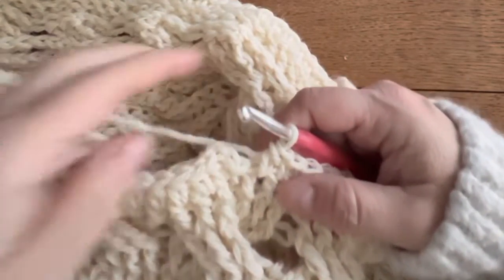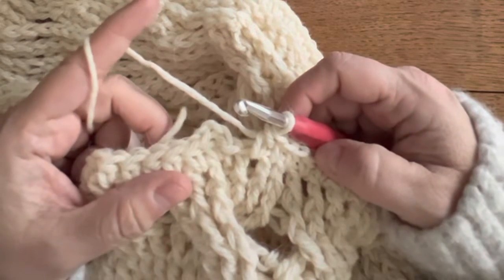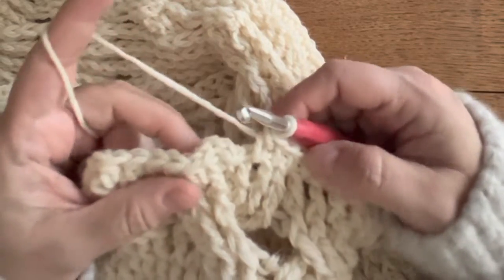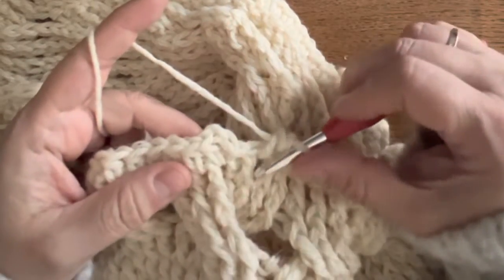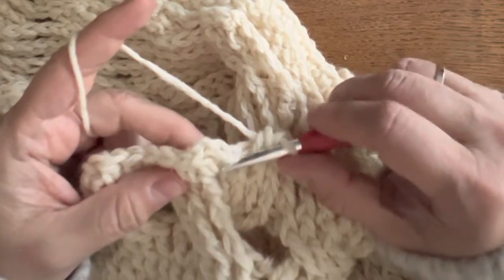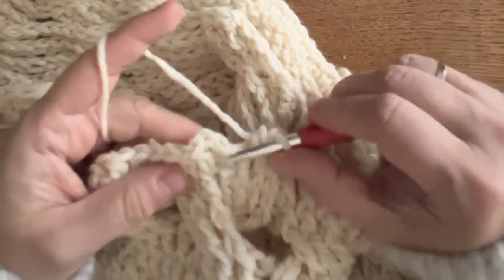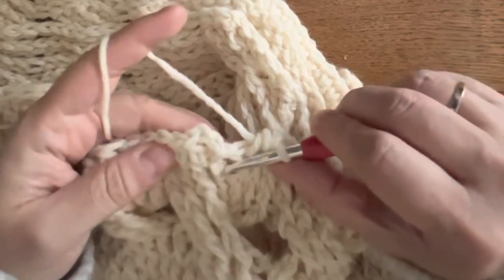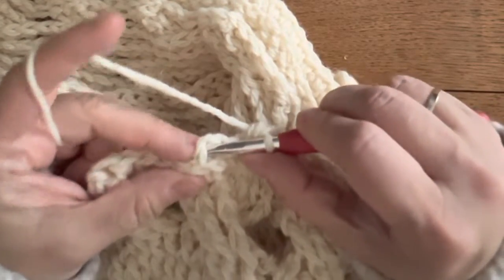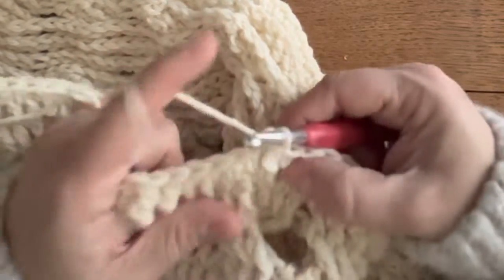Here I am at the end of round number 21. I must apologize for the light. I mean, it's lunchtime, but it's so gloomy outside that it's difficult to see anything. However, I've made my half double crochet between these stitches, and now you see we've already made our half double crochet in here, and these are the chain 2, so don't work in between that stitch and the chain 2. Just slip stitch into your first half double crochet which we've made. Okay, now